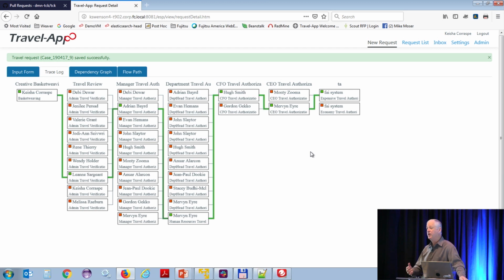Once we've found the process, we can step through the process. Enactment is very much like enactment in any other system. We send an email out to people. They come into the system. They complete the task. It moves on to the next person. And as you complete these tasks, these become history, and history becomes fixed. But we potentially are still generating the future part of the task. So if your CEO changes to somebody else before the process is finished, we'll then regenerate it again with the new CEO, and then we'll finish up the task that way. Okay, so that's essentially the demo.